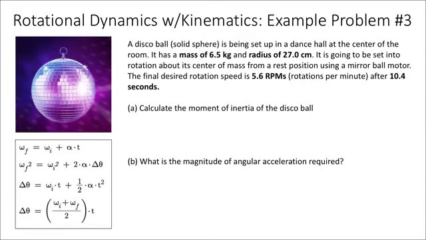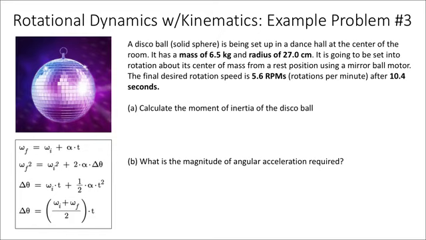All right, so in this problem, we're going to combine rotational dynamics and kinematics, and we're going to see how those work together. So a disco ball, which is basically a solid sphere, is being set up in a dance hall at the center of the room. It has a mass of 6.5 kilograms and a radius of 27 centimeters. It's going to be set into rotation about its center of mass from a rest position using a mirror ball motor. And we're looking for a final desired rotation speed of 5.6 RPMs, or rotations per minute, after a time